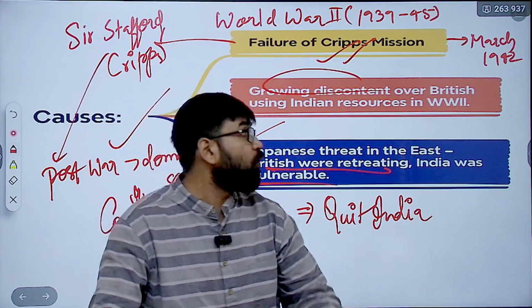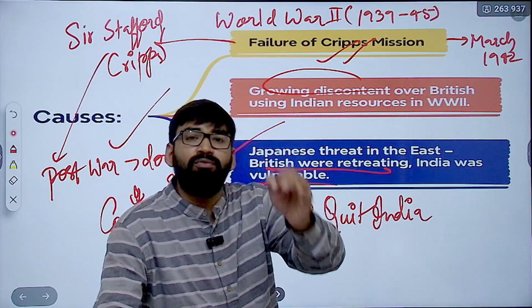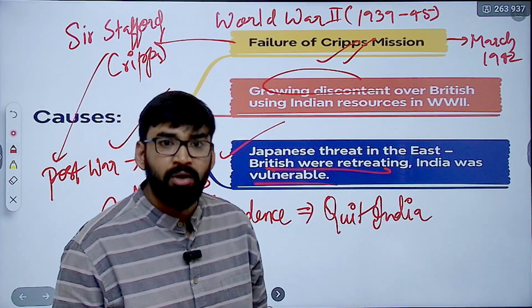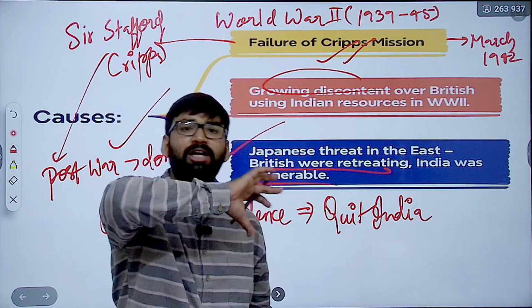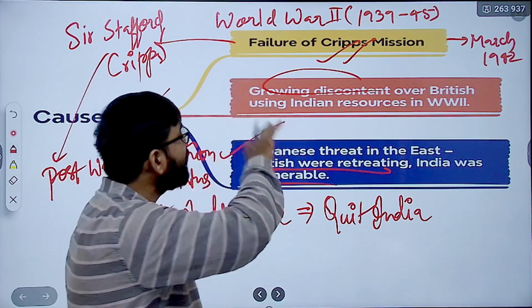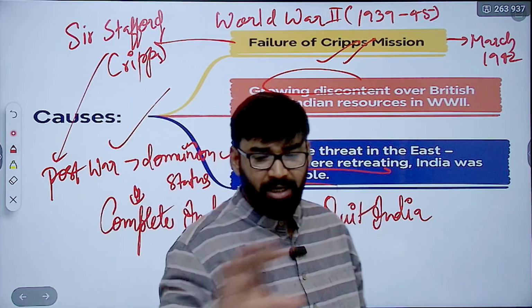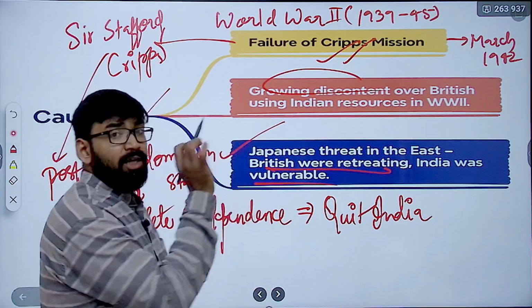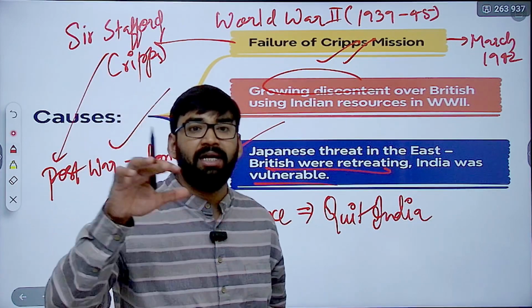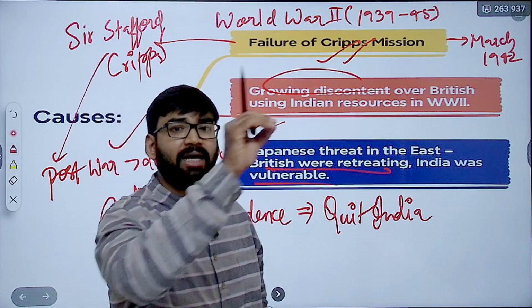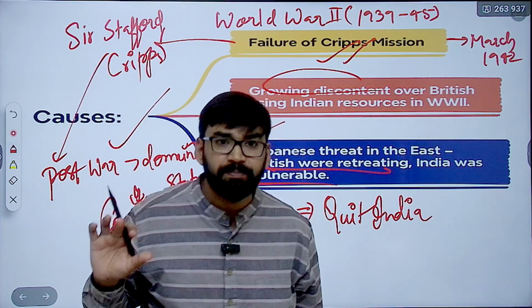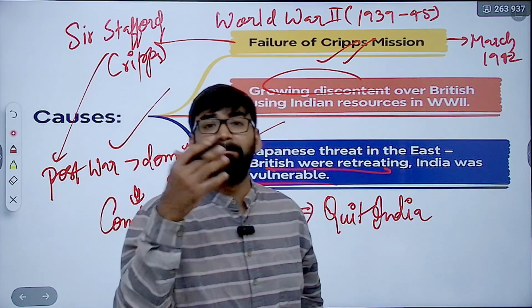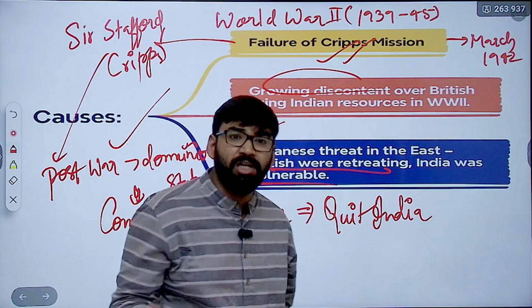So let me tell you what are the causes of Quit India movement. So पहला cause क्या? Failure of Cripps mission, which confirmed that British had no intention of granting immediate independence. कि Britishers हमें immediate independence देना नहीं चाहते. Second, World War II and Indian involvement without the consent of Indian leaders. Indians were forced to contribute lives, money as well as resources for a colonial war.